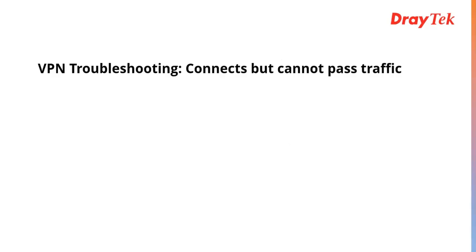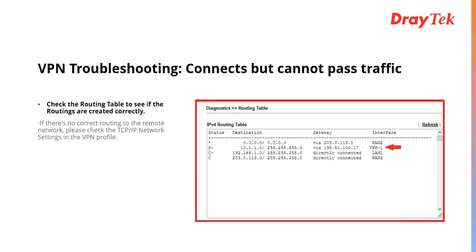Another common VPN issue is being unable to pass traffic. In this case, the tunnel is up, but you can't access devices on the remote network. The first thing to check is the routing table on both routers. Make sure that they have the correct entry for the remote networks of